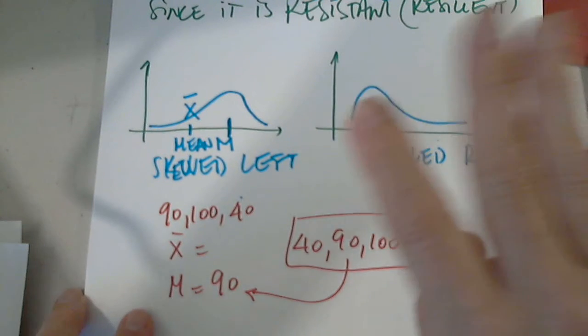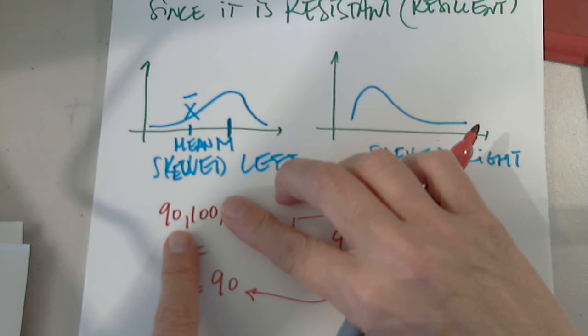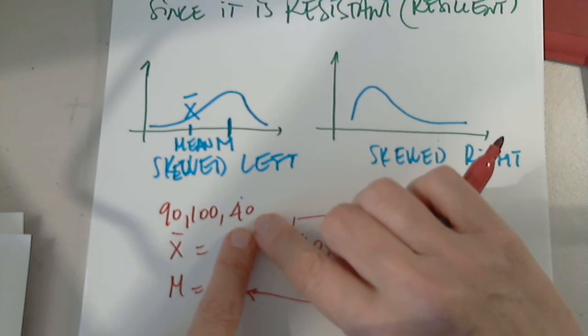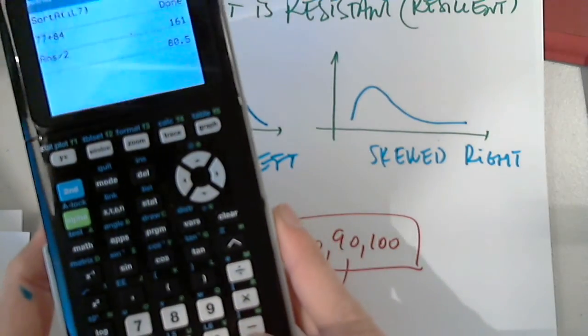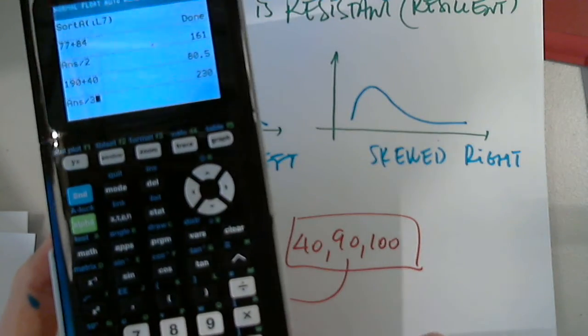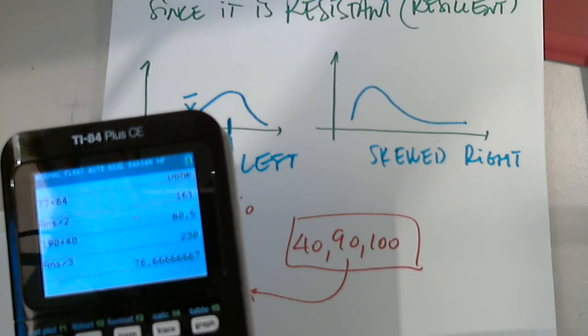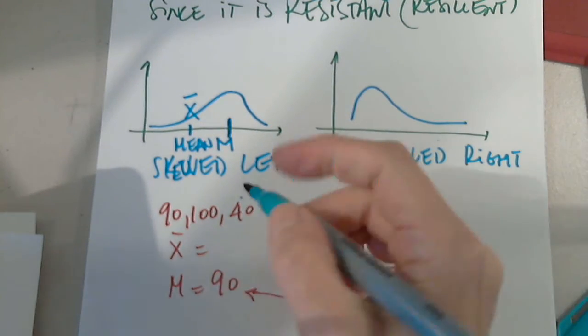Without the 40, I had 95% in the course, and I managed to mess up on one test. Here's what happens: I have 190 plus 40, but this time when I divide by 3, look where it's going. 77%. So it dropped